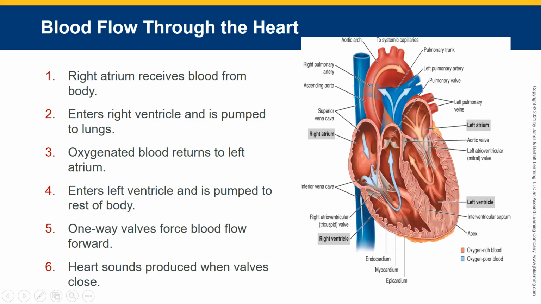So let me go over this just one time really quickly. Blood comes in from the superior and the inferior vena cava into the right atrium, through the tricuspid valve, into the right ventricle, out through the pulmonary valve, into the pulmonary arteries that go to the lungs, left lung or right lung. There, blood cells drop off carbon dioxide and we breathe it out,